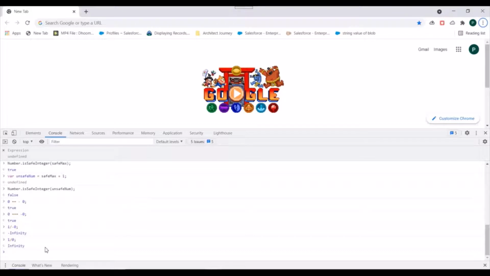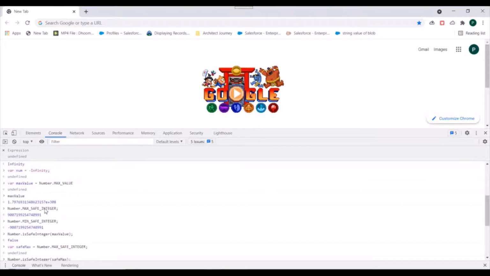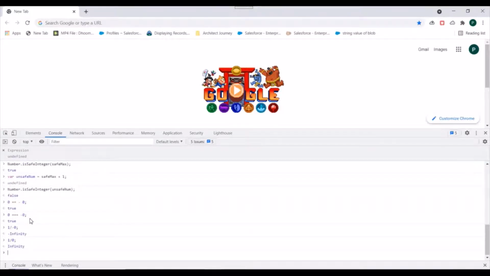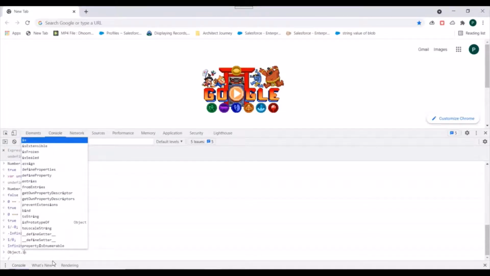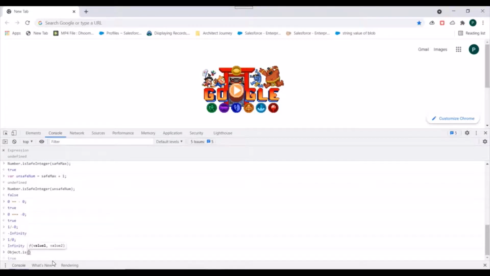Now to verify whether these two are exactly equal or not, we have the operation Object.is. Triple equals and double equals were returning true, but this corner scenario is handled by Object.is. If I try with 0 and positive 0, it returns true, but if I try with negative 0, it returns false. So Object.is can differentiate between 0 and negative 0.